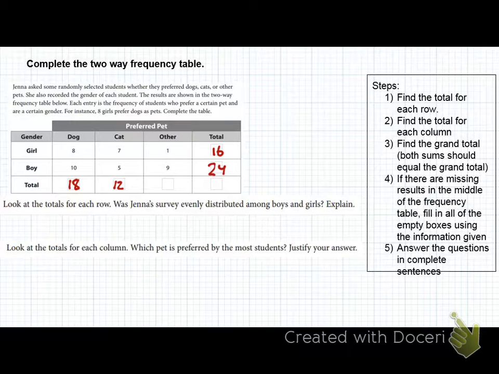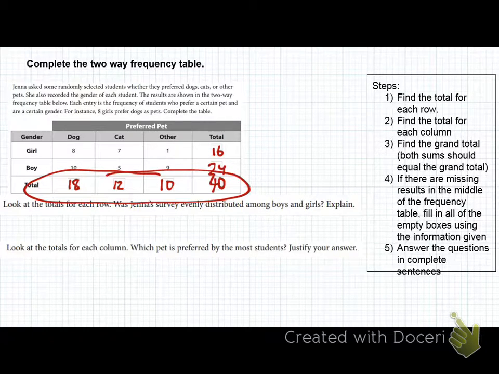Now, we're almost done. How many other types of pet lovers are there? 10, right? And I want to bring it all together. So how many total students did this survey include? 40, right? So look at this. There's 40 here, right? Would you all agree with that? Now, I could also count it this way. Does this add up to 40? Yes. Cool. Do you see how it all works out? Yeah. Cool. So we just categorized all these pet lovers, right?